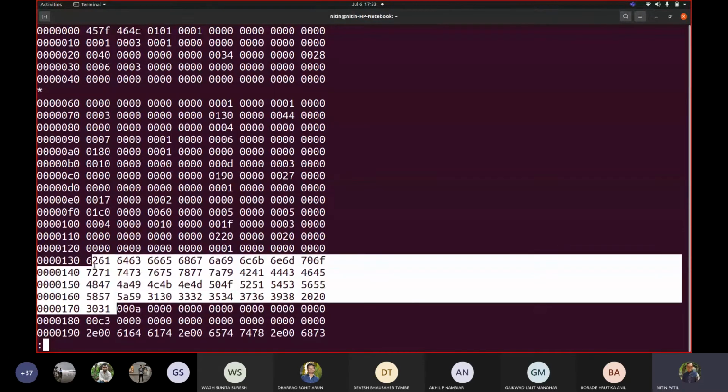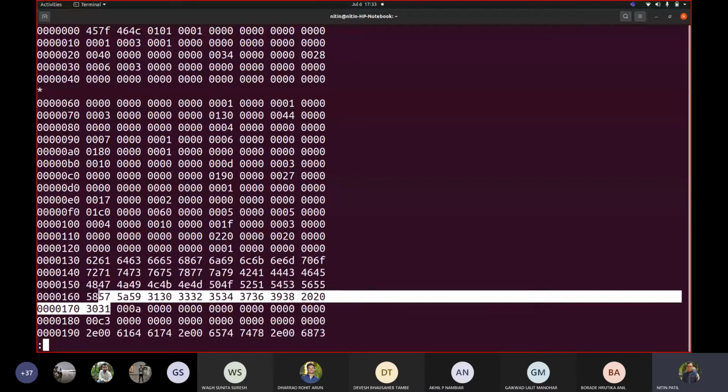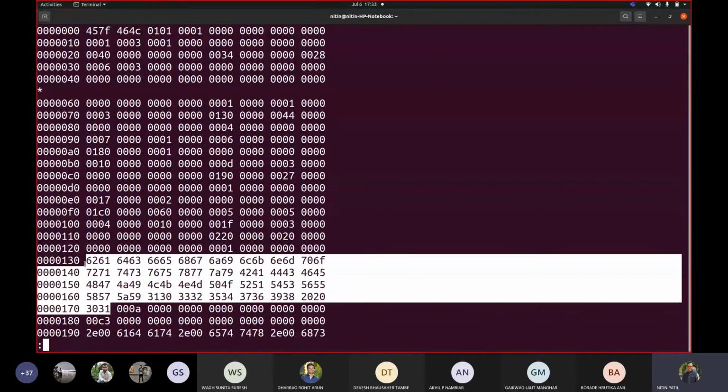So this is what your code is, which is included in double quotes. Calculate the size: 1, 2, 3, 4. If I pick, each one of them is 4. So 1, 2, 3, 4, 5, 6, 7, 8, 32 and 1, 33.